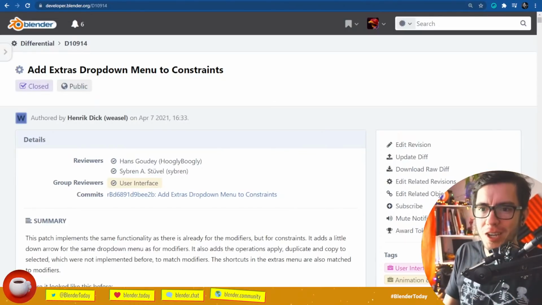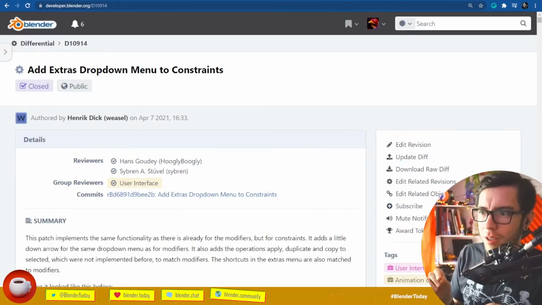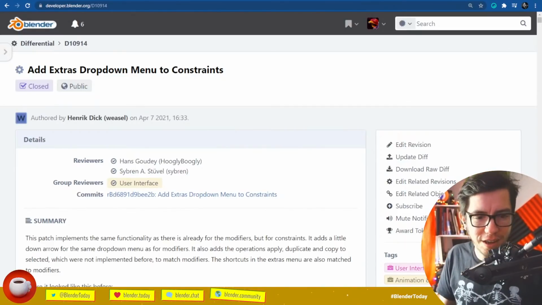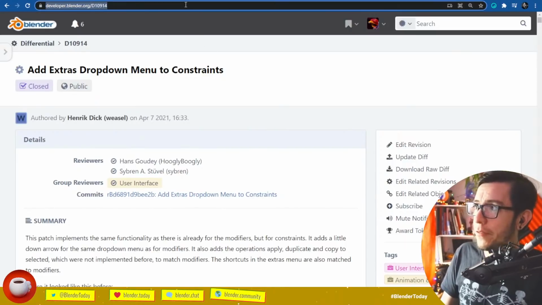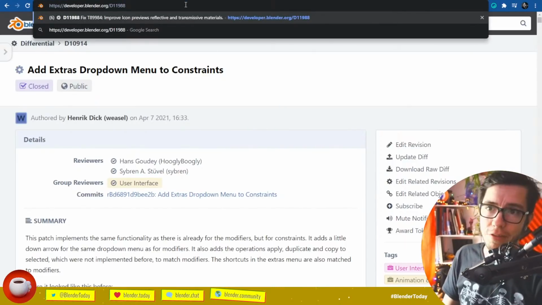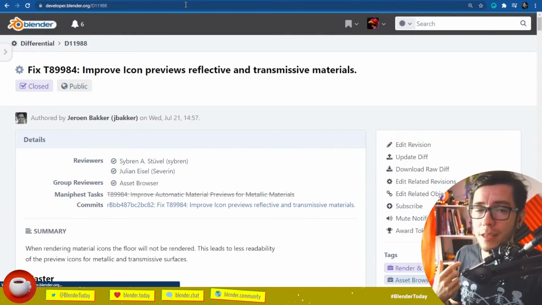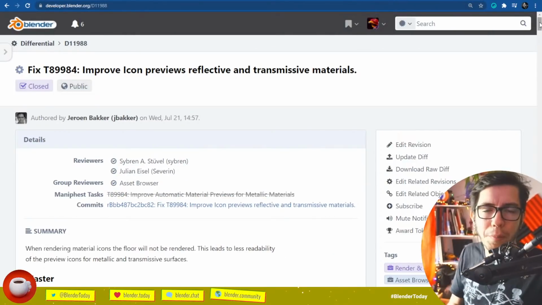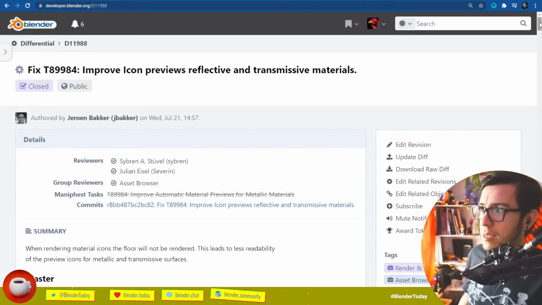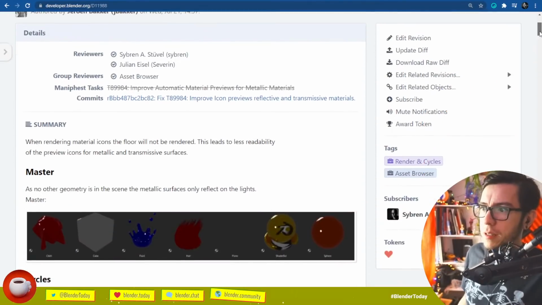There is a bunch of changes that I didn't know exactly which section they go. I think they all belong in many different levels around the user interface. The first one is a quality of life improvement for previews, for material previews in the asset browser, or when you append materials in your scenes, from the file browser thumbnail view.